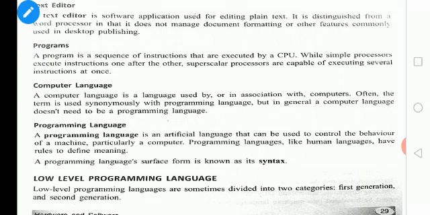Programming languages, like human languages, have rules to define them. While learning C language, you have some set of rules, isn't it? Do you remember that? Tokens, identifiers, naming, keywords, constants, literals, then constructors. So there is some set of rules that is called syntax. Here the programming language surface form is known as its syntax. That set of rules is called syntax. Okay, so now we are going to learn low level programming language and high level programming language. In this class we are going to see only the low level programming language. Already you know, in your lower class you have studied about the different generations of computer.